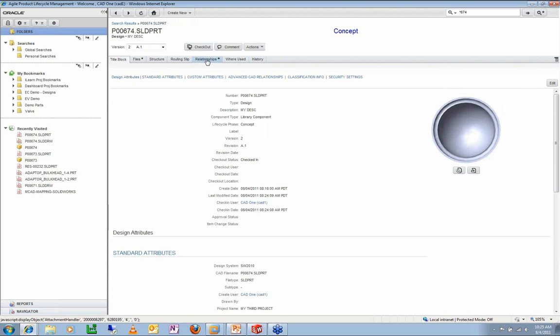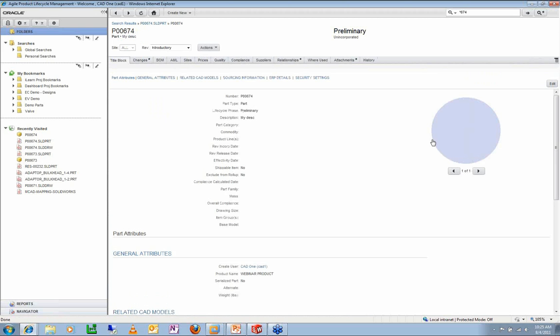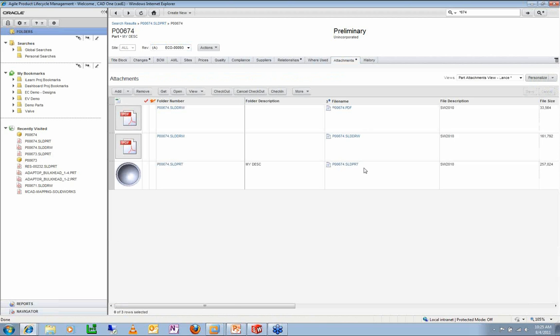If I take the part and go to the Relationships tab, and go back to the Bill of Material end item here, the part that's going to be manufactured, I now see a change object showing up here with the icon next to it. If I look at the pending revision A and the attachments for that, I've got 3 attachments now. Before I just had 1, referring back just to the solid model, but when I added the drawing and published it, it added that as an attachment reference as well, version specific, just like the 3D model. If I select the PDF, I'm going to do a get on this